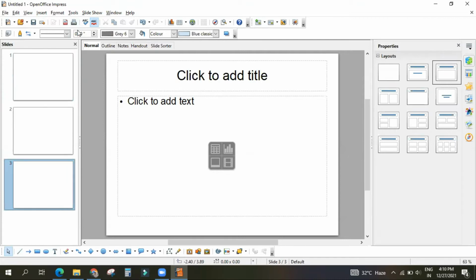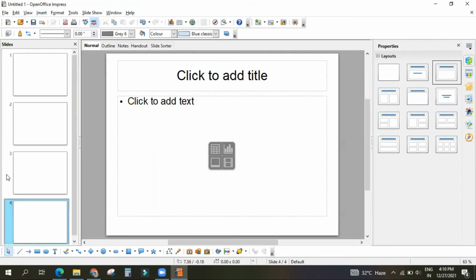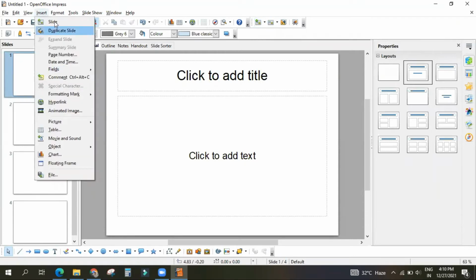What else can you do? You have to insert a file or insert something. That means the same Insert option, then Slide. Understood? Yes sir. Okay. So three methods we have understood. One from the shortcut, another from the standard bar, another from the insert menu bar, then Slide. Understood? Yes sir.